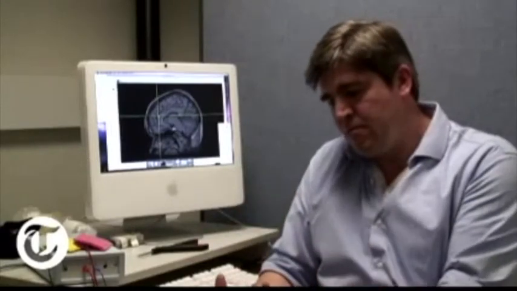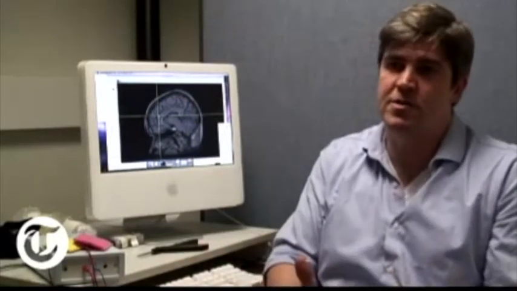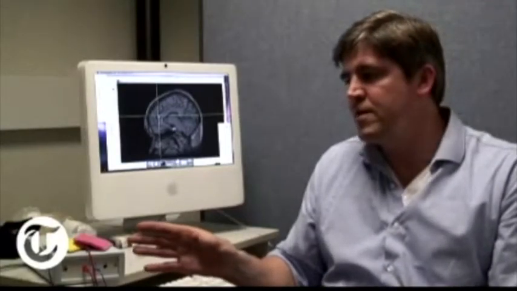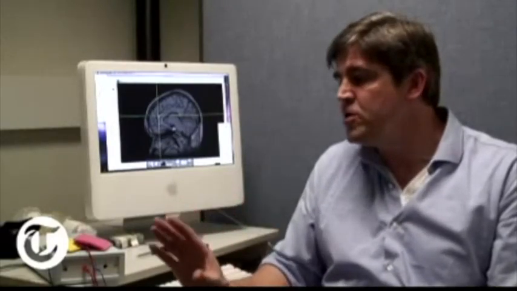The problem with magnetic stimulation is its effects are pretty immediate. You said for a few milliseconds, but then you passed on to the rest of the nursery rhyme. You were fine. With this, we can change the way that the brain is able to be sensitive to tasks for tens of minutes, up to 90 minutes afterwards. And we think that might be much more valuable in a clinical setting.